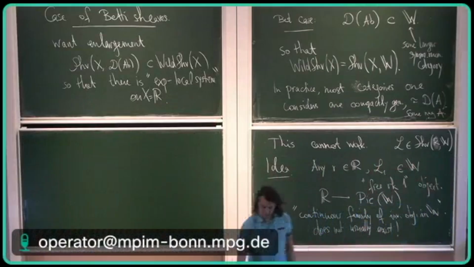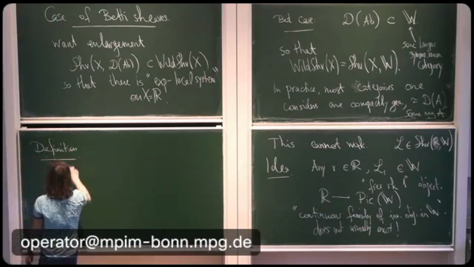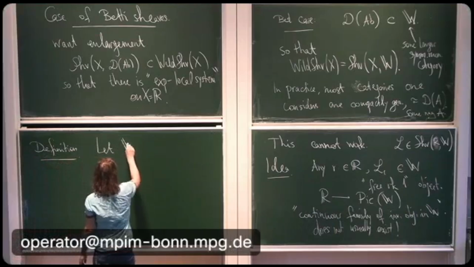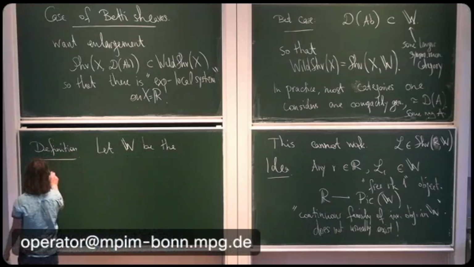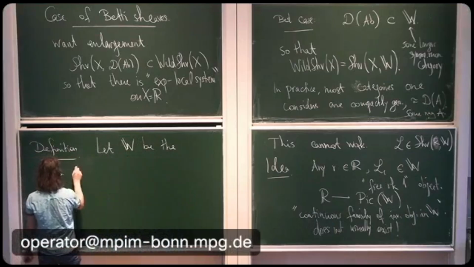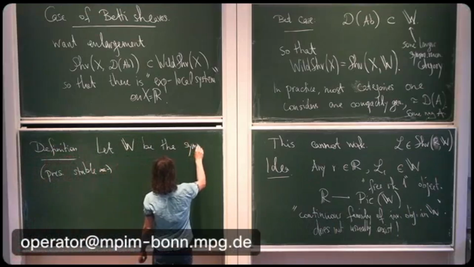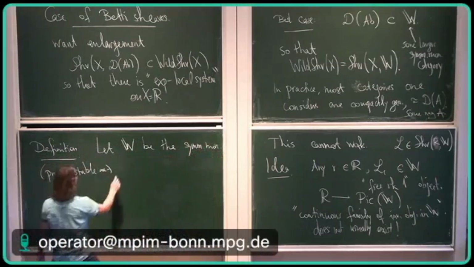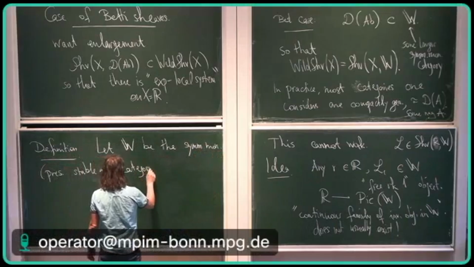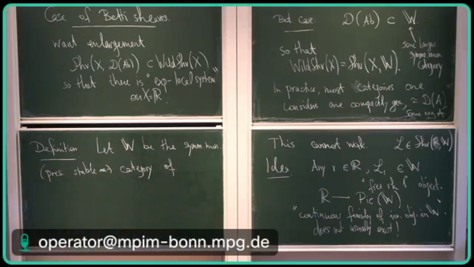But it still turns out that there's some universal example of a W that does work, and the definition is the following. W is the presentable, stable, symmetric monoidal, so it has a tensor product, technically speaking I should say presentable, stable infinity category of complete and continuously R-filtered objects